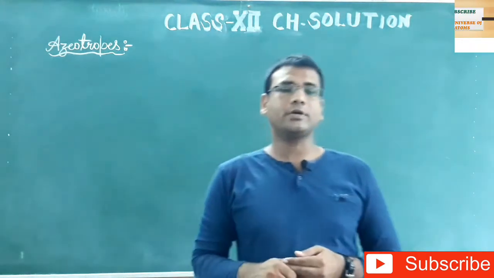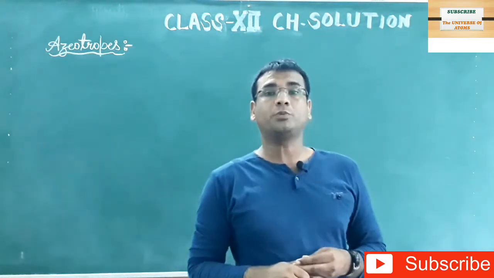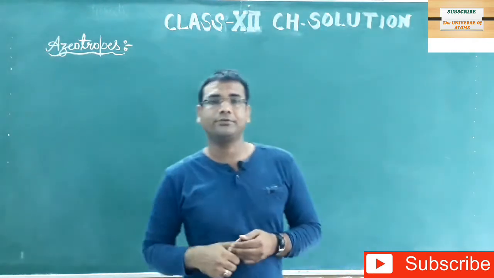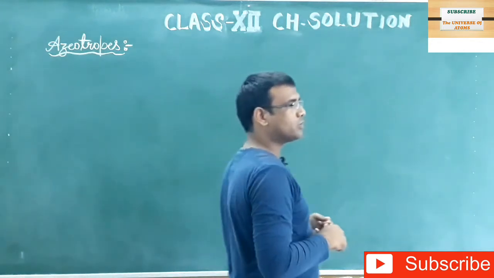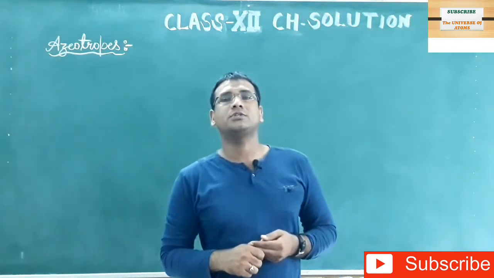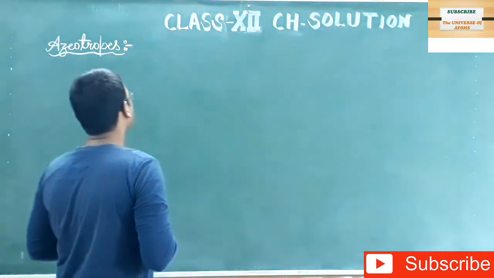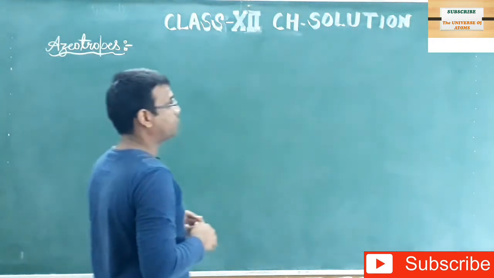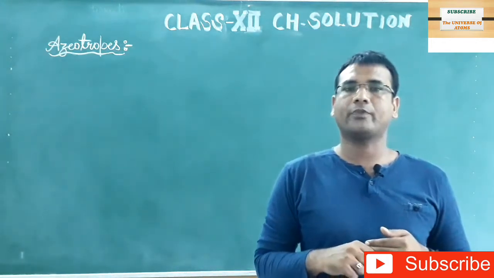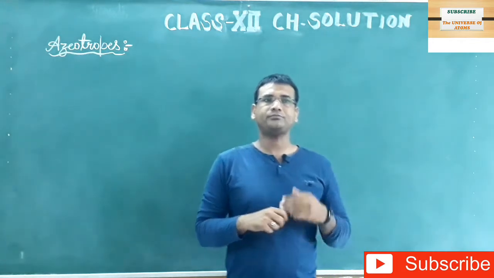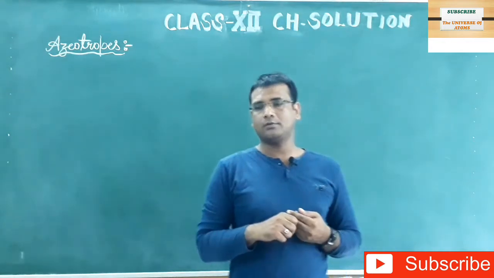In the last topic we were discussing azeotrope, and due to a power failure I could not complete this topic, so let's begin azeotropes again. Before proceeding to azeotrope, you should learn the concept of boiling point. Boiling point means a specific temperature on which a liquid starts boiling, that is called boiling temperature.